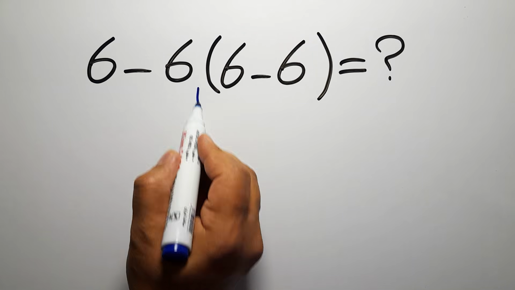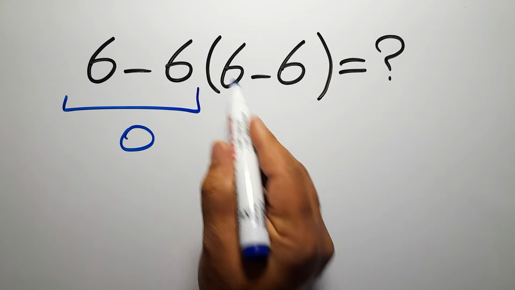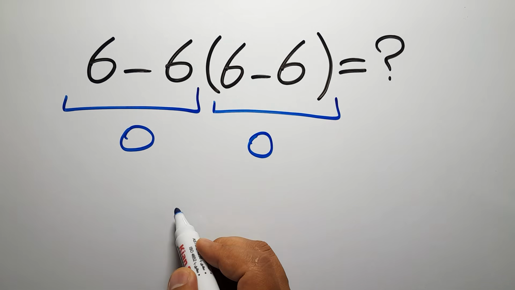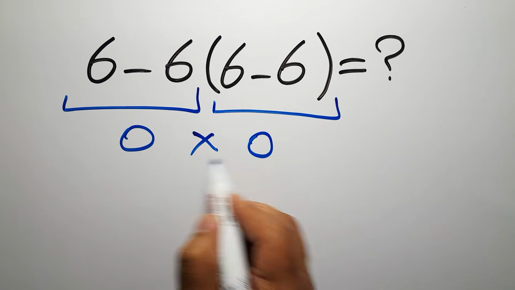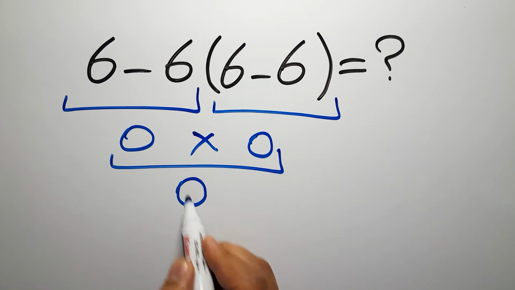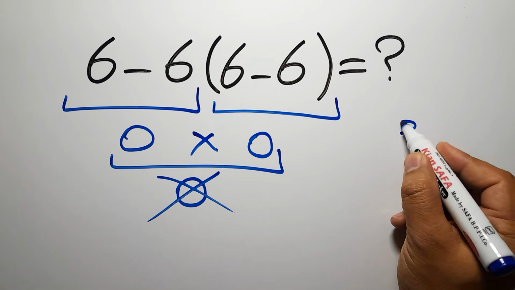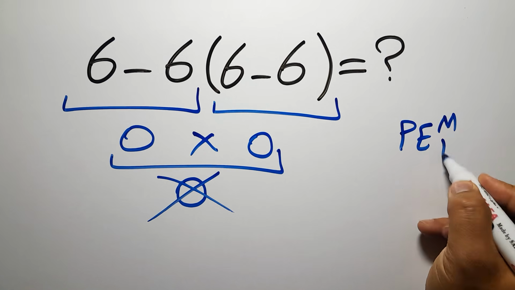6 minus 6 equals 0. And again here we have 6 minus 6, 0. So 0 times 0, which equals just 0. But this answer is not correct, because according to the order of operations, which is PEMDAS,